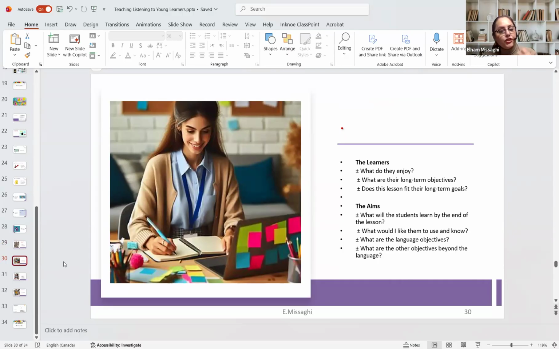And when you choose the activity, remember the very first session, we said the very first step is know your students. So think about what they enjoy, what their needs are, and the goal of the session and the goal of the term. For adults, usually they want to know, what did they learn today?